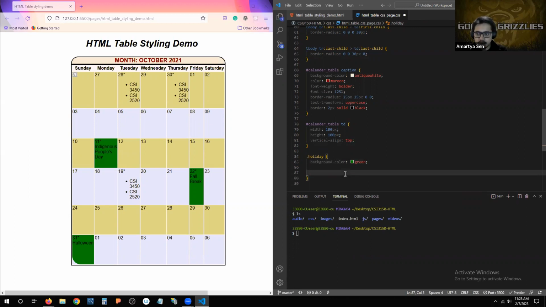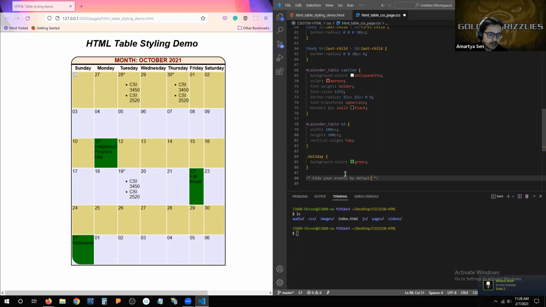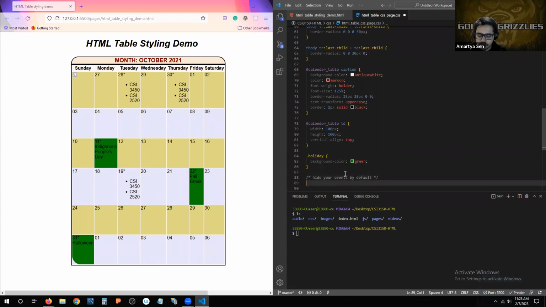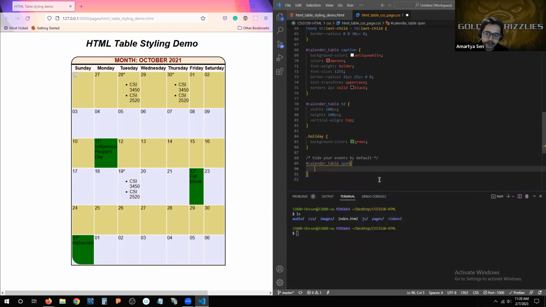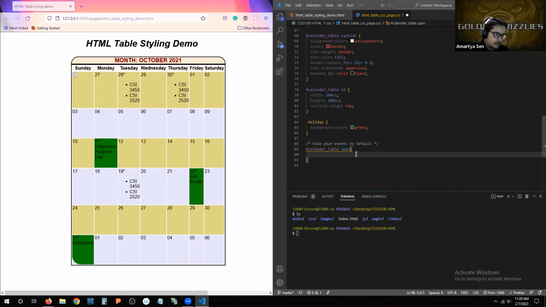The next thing is, what if you want to hide your events by default? Okay, so we want to hide our events by default, and then show them when the user maybe interacts with it or something like that, right? So what I want to do here is select my calendar itself again. That is my ID calendar table. And then what I want to select is the span tags. And this is the reason why I put the span tags: